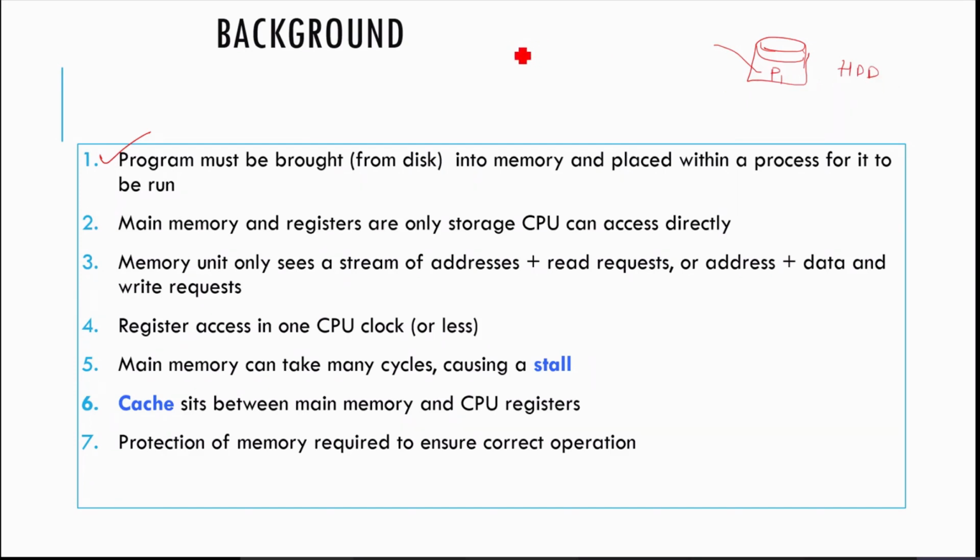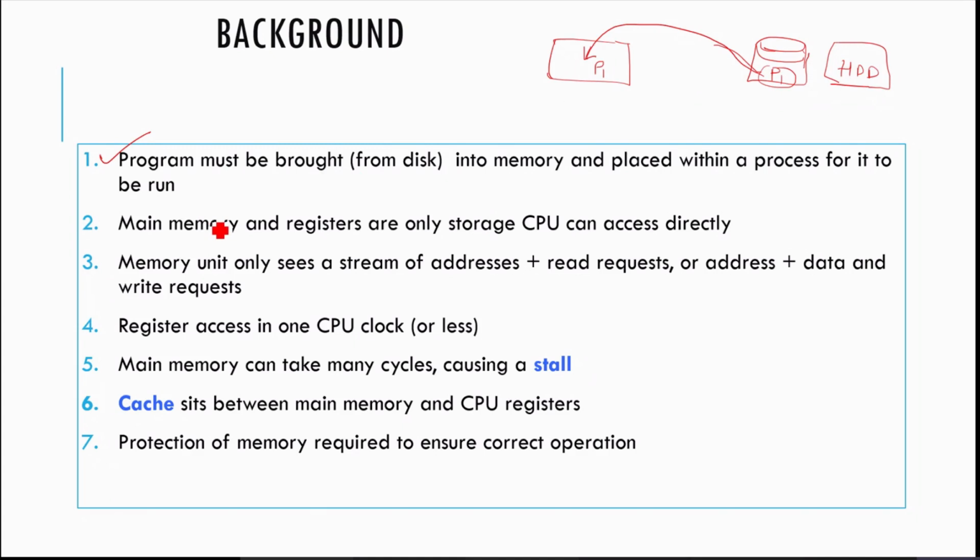The program residing in the hard disk cannot run in the hard disk. For that, you have to bring that program into the RAM, which we call the random access memory, or main memory, or simply memory. So this program has to be brought into the RAM so that it can work there, it can process there, it can execute there. So we bring the program from the hard disk into the main memory for processing.